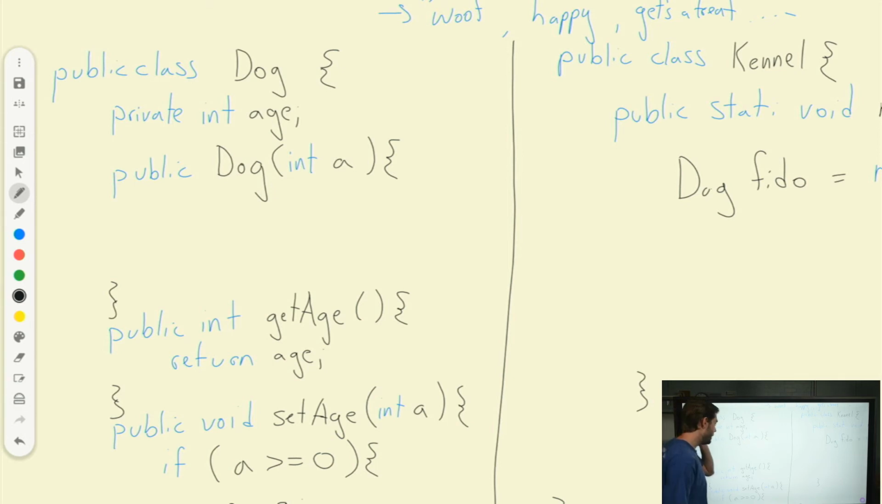And here is my constructor. So this is a constructor. And this is my accessor. And this is my mutator. Okay, so in my constructor,